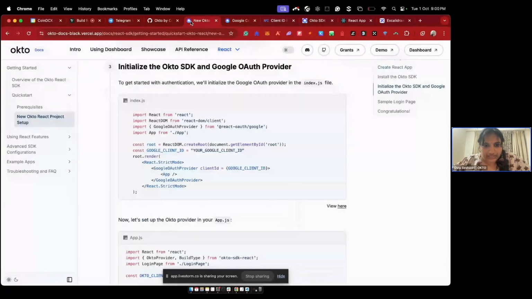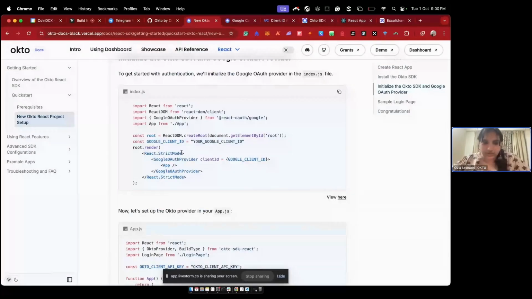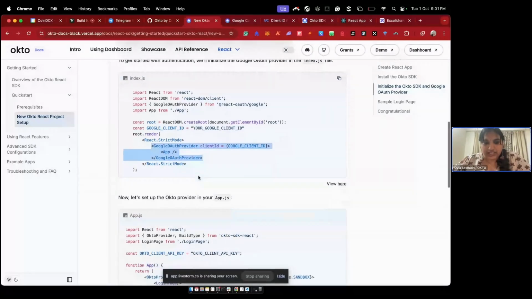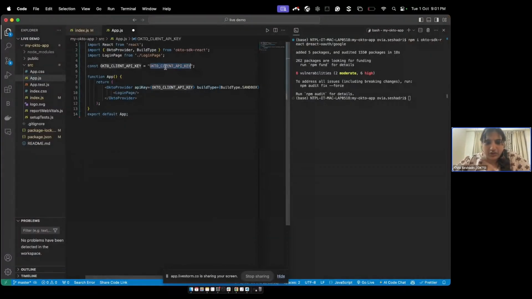Now going back to the docs, I'll have to set up my Okto provider. So let's just quickly see what it does. It's just trying to wrap the main component, the app component, with the Google auth provider component. So that's pretty much what it does, nothing fancy. So let's take the app.js code also. This is again higher up in your DOM tree. You're just wrapping all your components with the Okto provider component. So copy this, and then you'll have to replace your Okto client API key, which you would have got from